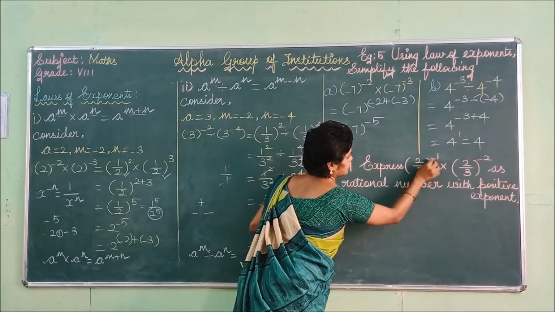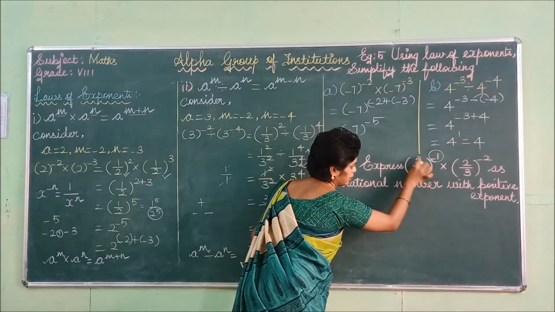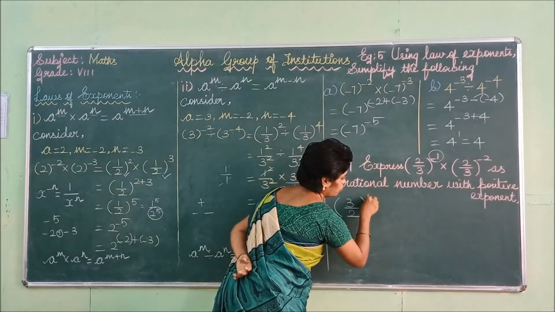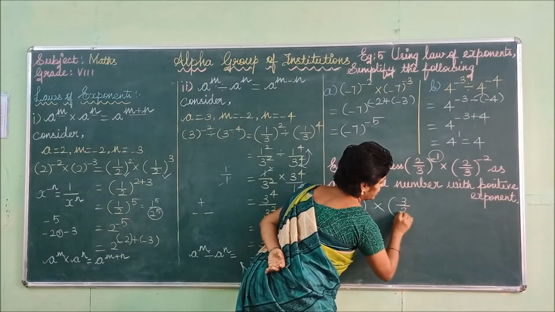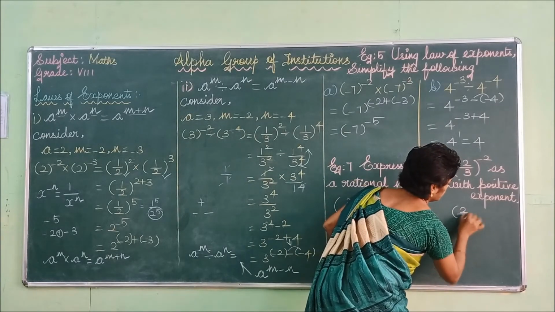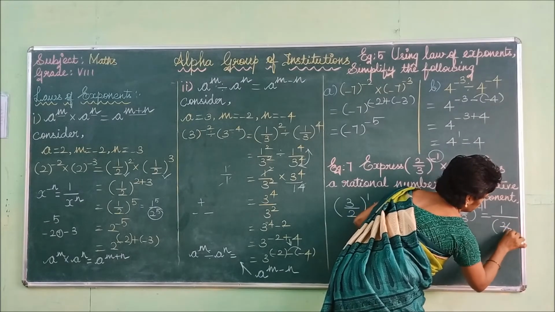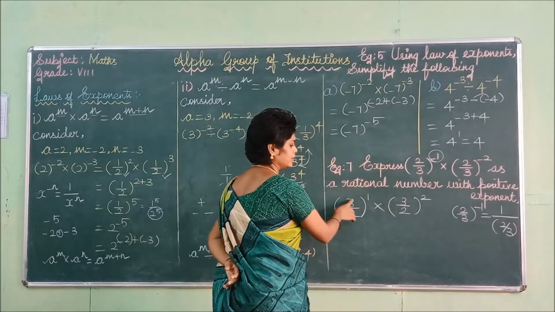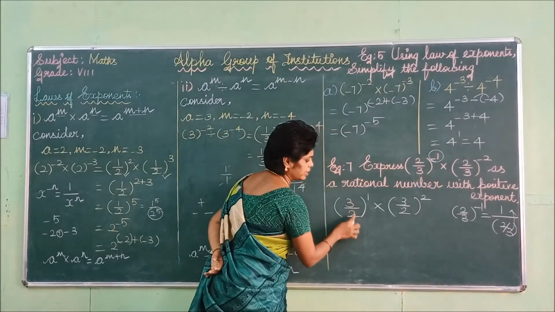So this is a negative exponent. You have to interchange and write it as a positive, which means you get the reciprocal. 2 by 3 to the power minus 1 becomes positive. If it is negative, you can change and write 3 by 2, because 2 by 3 to the power minus 1 is equal to 1 divided by 2 by 3. So that will be the reciprocal, and you write 3 by 2. This division goes to the numerator, so it is written as 3 by 2.